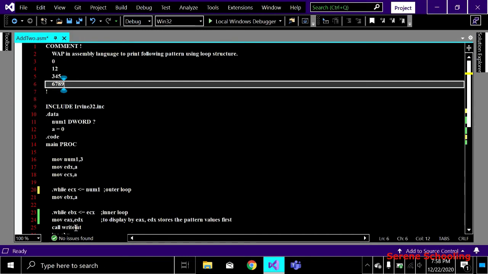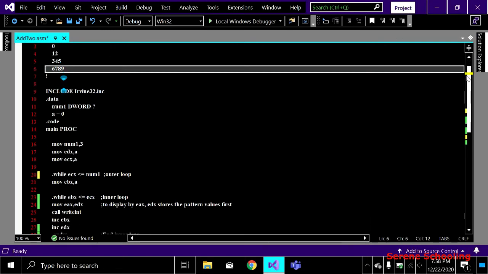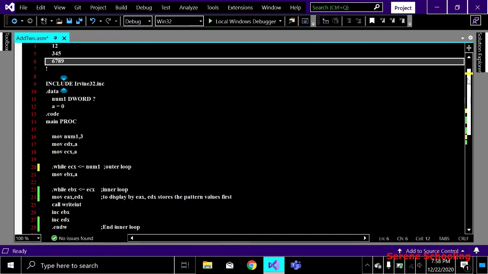After printing 0 on the screen, like this 0 has been printed, I know that now I have to go to the next line. So for that, we have to call a procedure. But first, two things you have to notice. Each time we are printing our value, like we have printed 0, after printing 0 we have 1, 2, 3, 4. You can see our values are increasing one by one, a single increment.